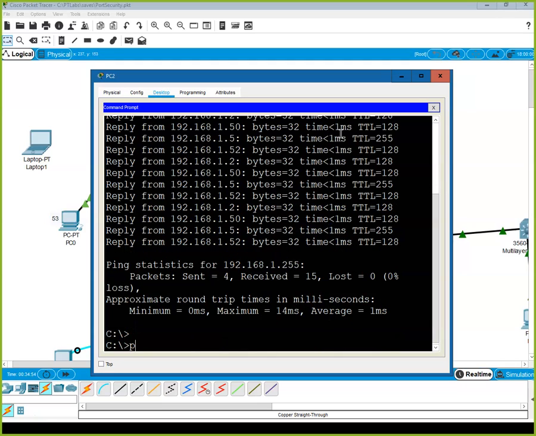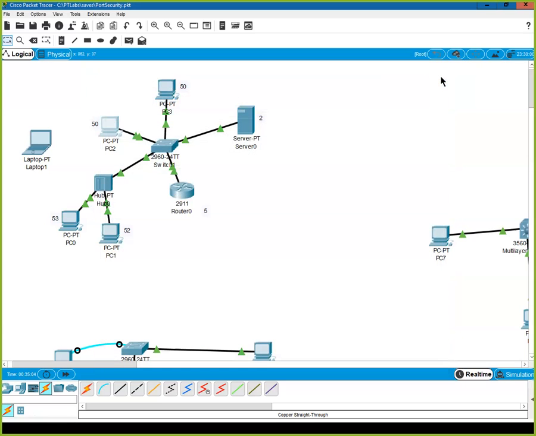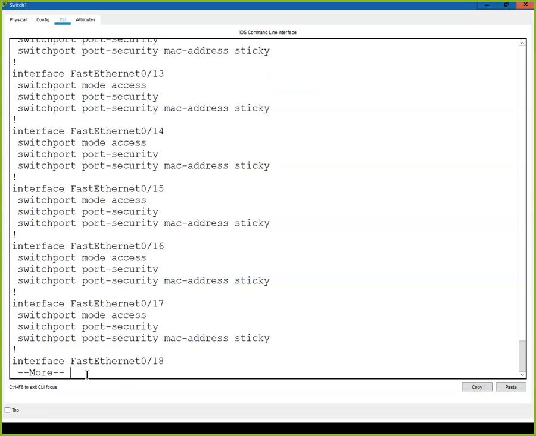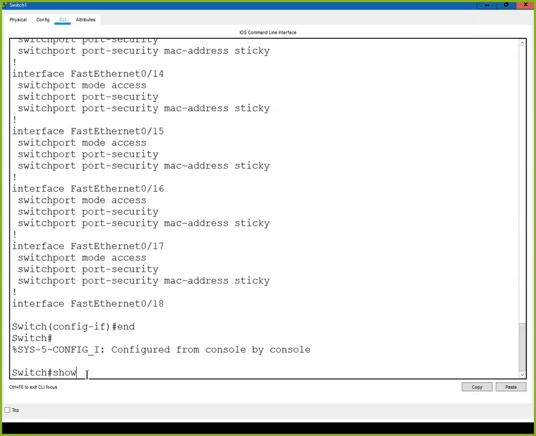So I can ping 192.168.1.53, and we're getting there. And now go back to my switch, and I want to start out with the... I'm going to go in. Let's show the